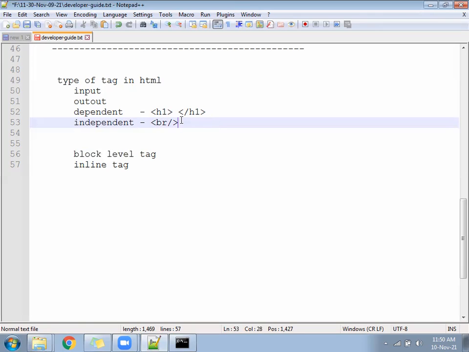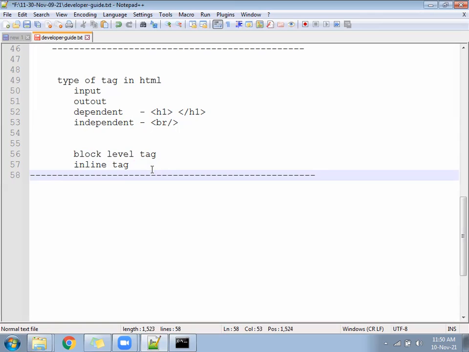Next, another thing we have: whether it is input or output or dependent or independent, no problem. Once you mix all four, or understand them separately, if your tag will print in the new line, then it is called block level. If the tag will print the output in the same line, then it's called inline. These 6 points are important for an HTML developer to understand, because based on this many things you are going to write further. So 6 points, hope you remember, and it is clear also.